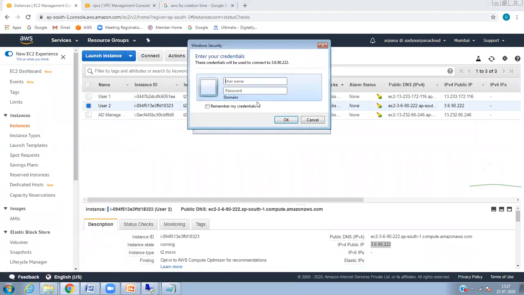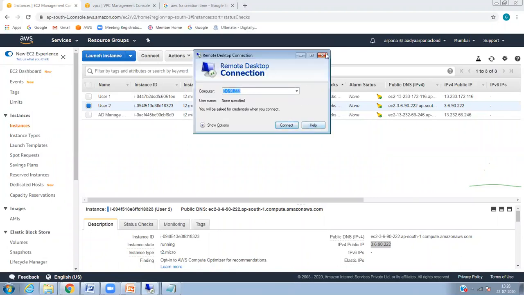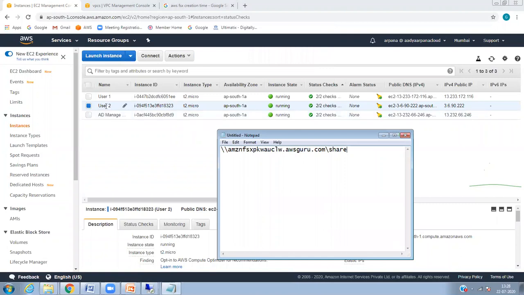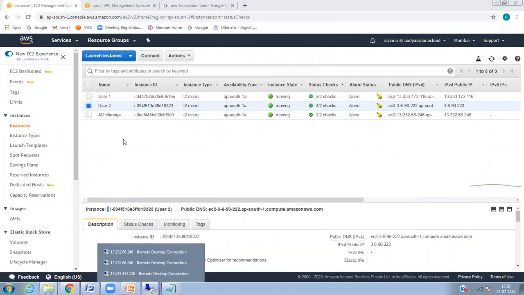This time, let's use AWS Guru. You know why? Because we have not configured our domain. We have not attached the domain.